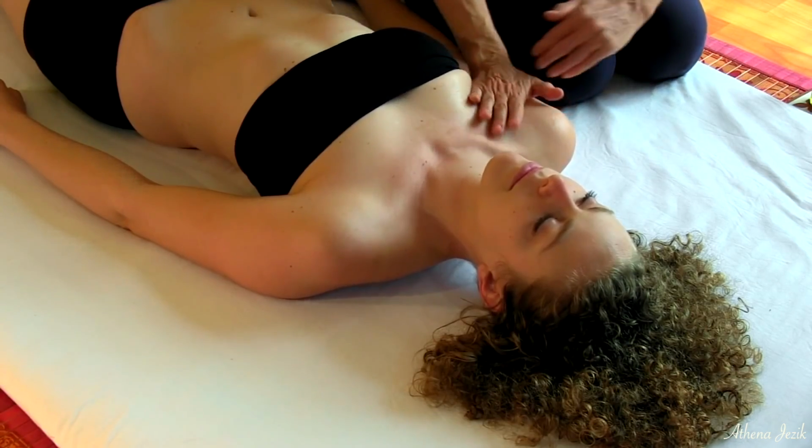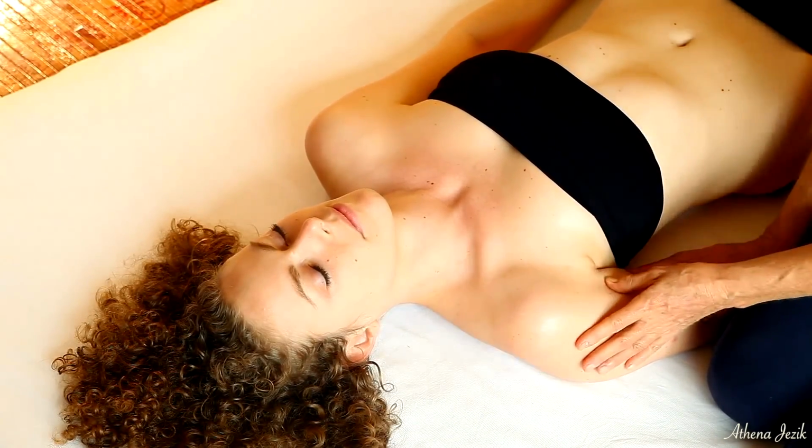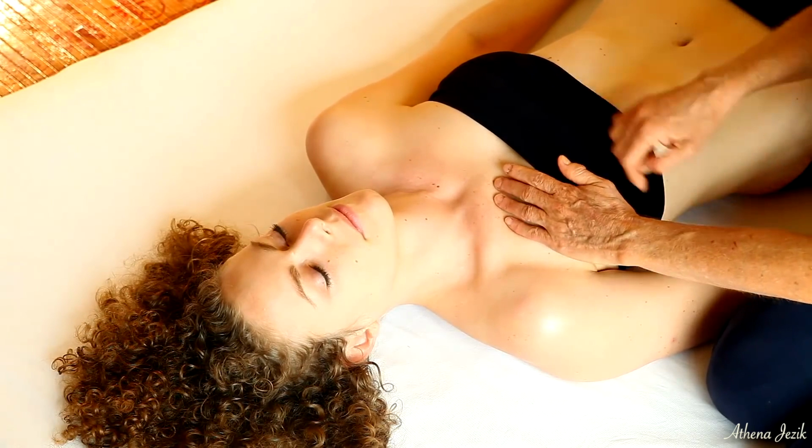So I'm going at both directions here and paying attention that this does attach into the very upper arm. I'm working a little bit into the edge of the deltoid. So now when I do this, I can come into the clavicle, under the clavicle and into the sternum, and just